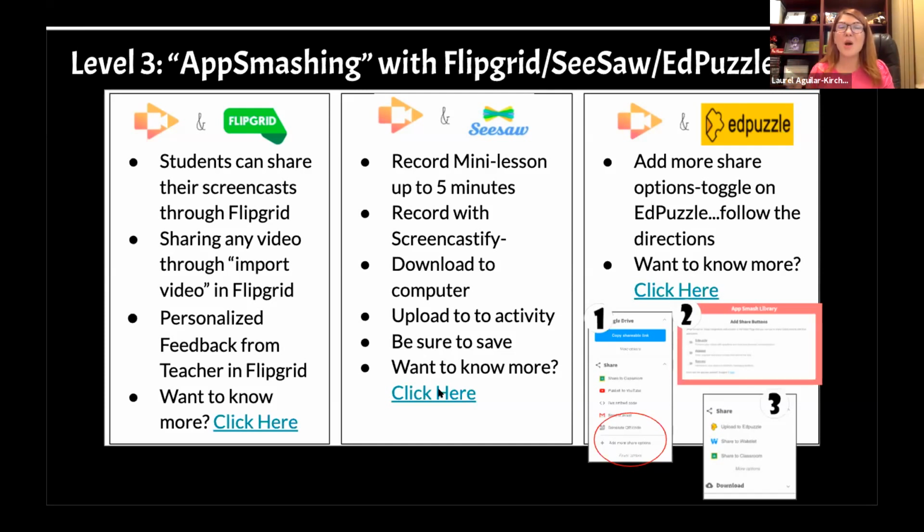Screencastify, they work so well together, and you can share directly to your Edpuzzle account. Again, it's free, and you can upload your video, and I do have a tutorial there for you as well. So if you want to know more about that, again, just click on these little links and that will take